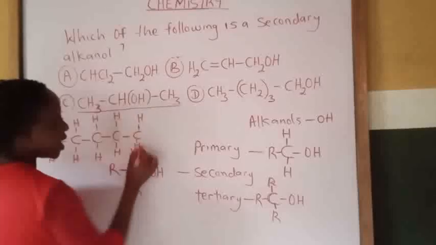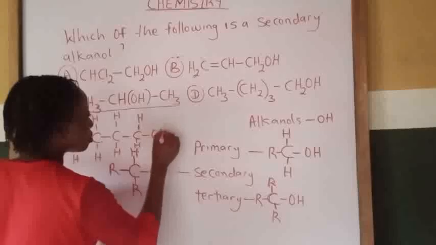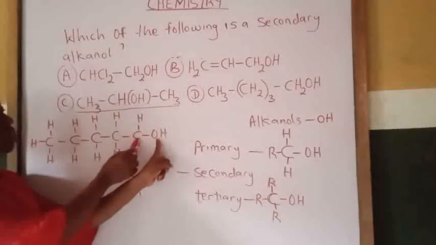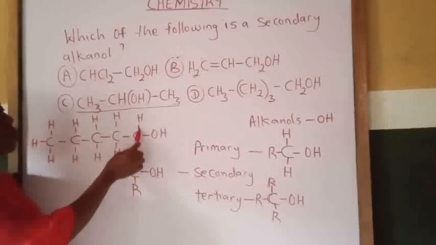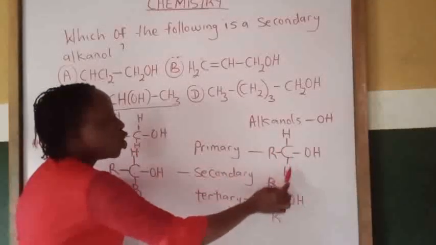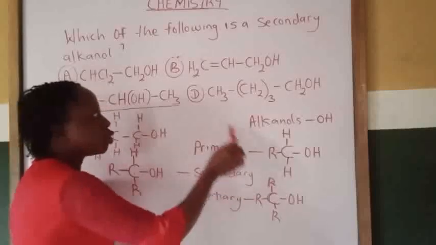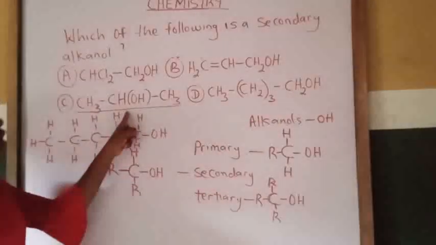So this is another hydrogen atom followed by OH. Our functional group OH is on this carbon atom. How many hydrogens do we have on this carbon atom? 1, 2. When we have 2 hydrogen atoms on the carbon atom that holds the functional group, we call it a primary alkanol. So the last structure is a primary alkanol. So the correct option is